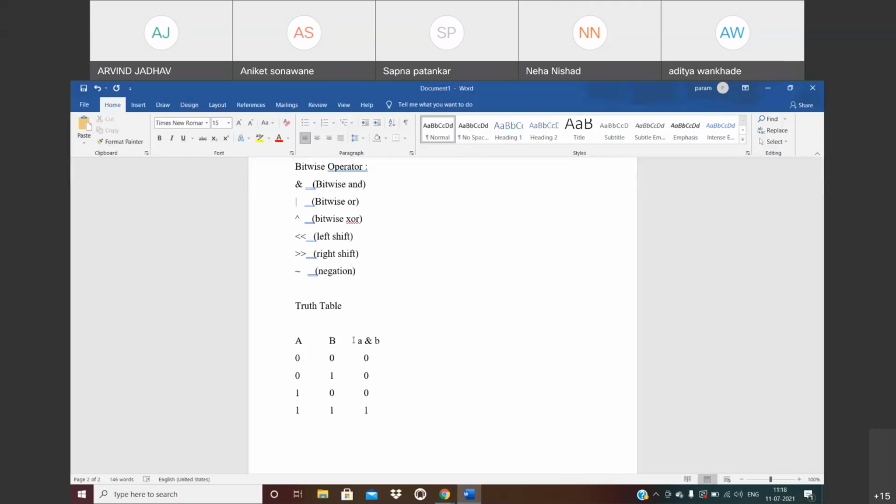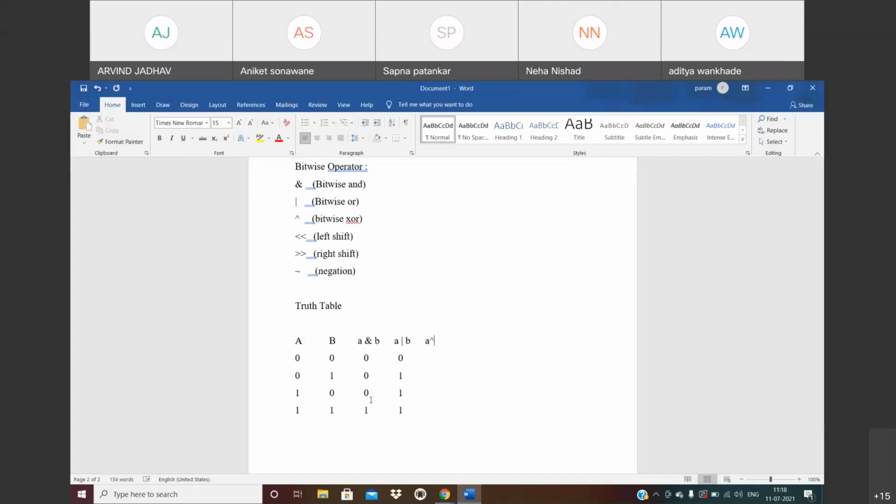So for example, here I want to perform a bitwise OR operation, A or B. Okay, so this one is a bitwise OR operation, A or B. In that, make a note of A and B only. Here A and B are the inputs. So if we get both values as false or 0, we get 0. If we get one value as true, then we get 1. Similarly, if we get one value as true, we get 1. And if we get both values as true, then we also get 1.